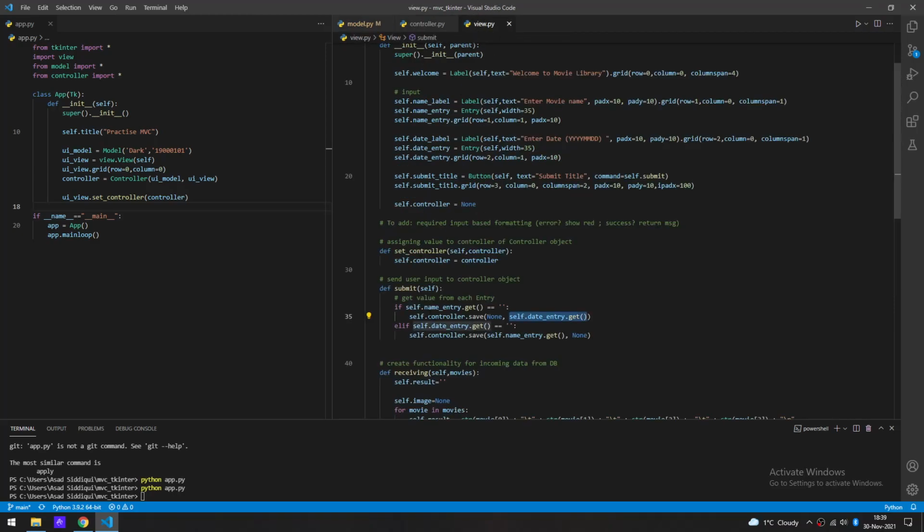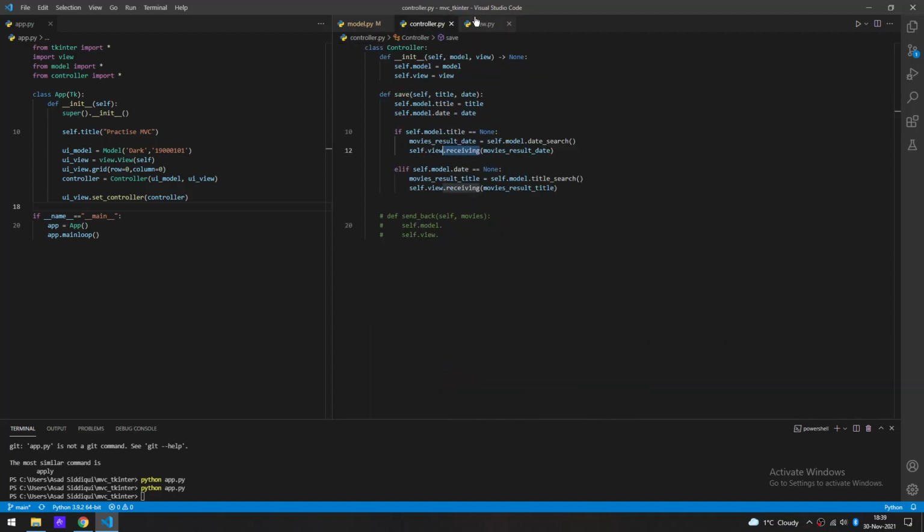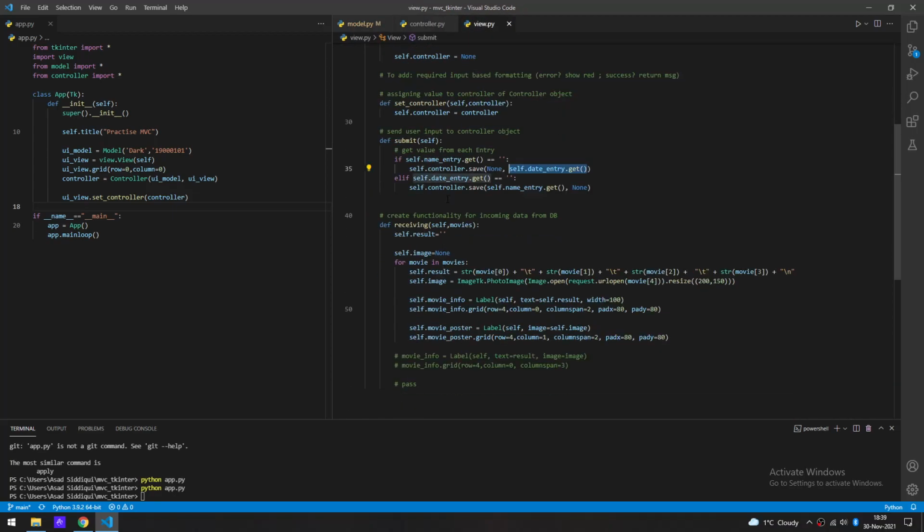Then in the view, in the receiving method, we can see that the movie is received as a pattern, as the method's attribute. Initially the result is just an empty string. We have initialized the result to be empty and the image to be None. Like I said, the result from this query is likely going to be a list of tuples, so we're going to iterate through that list, and depending on everything we find,